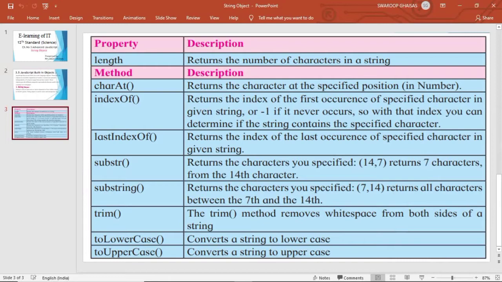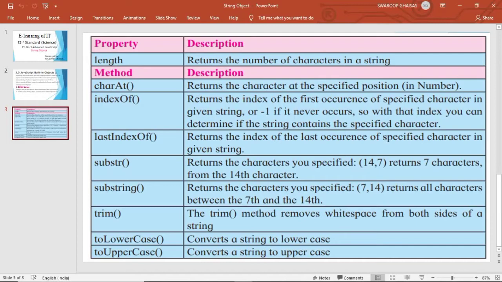A property of string object is the length property. It returns the number of characters in a string, that is, how many characters are there within that string. That is written with the length property of string object. Then there are different methods. First method is charAt. charAt returns the character at the specified position.